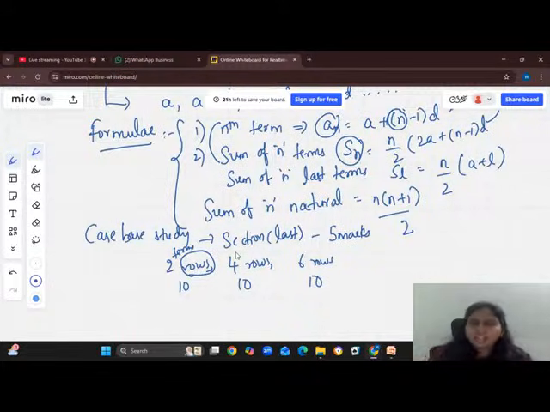So don't worry by looking at the length of the question. Never let fear come into your mind. Read the question, understand the question, grab what exactly they want and what exact formula you have to use, put it on the paper and keep solving it. Done. Yes, this is all about the AP.